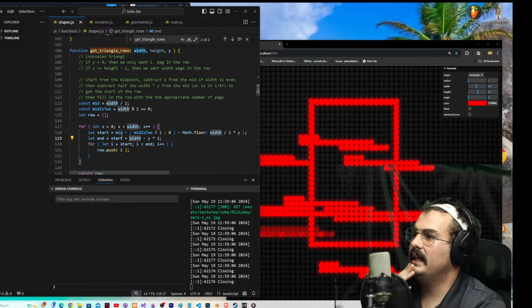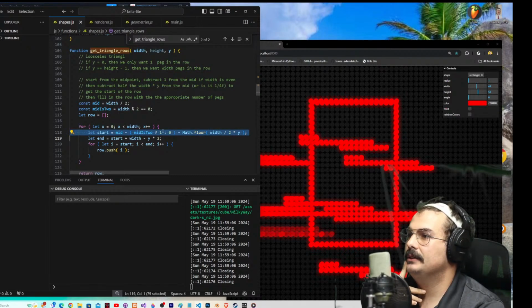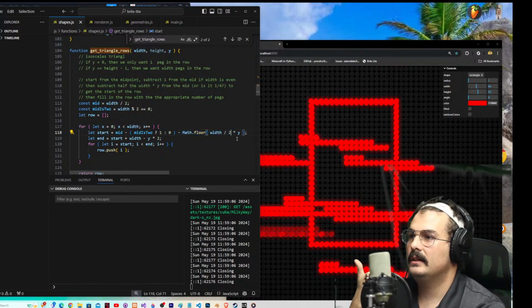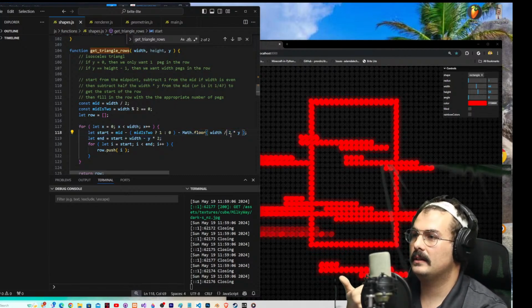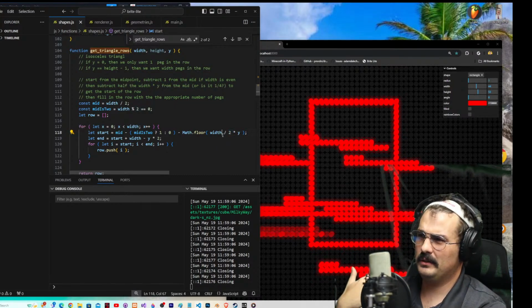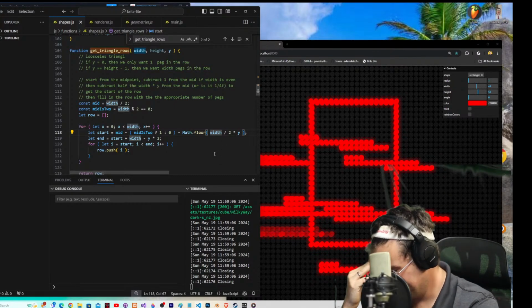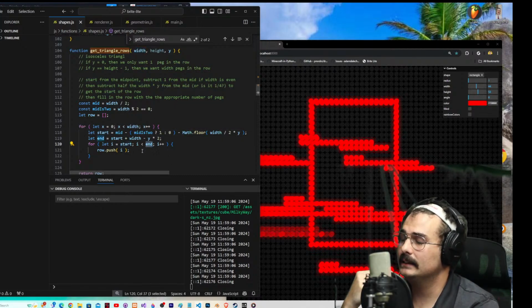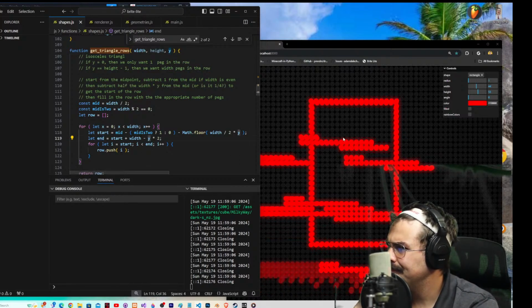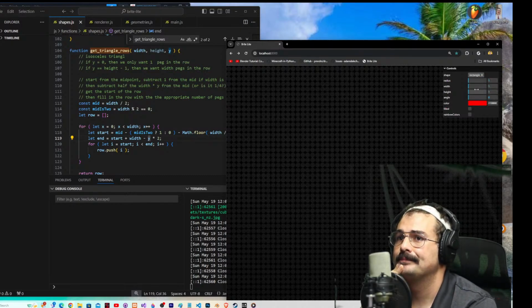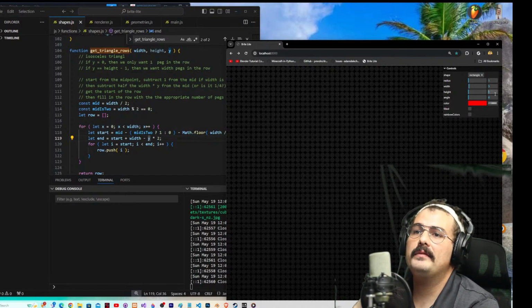Alright, so we start with the mid. And then we say if mid is 2, we subtract 1. Otherwise, we subtract 0. Good to go. Then we're subtracting half of the width times the value of y, which we're passing in. Okay. Then we are pushing the array from start to end. First of all, let me clear this out. When we give it 5 and 5,